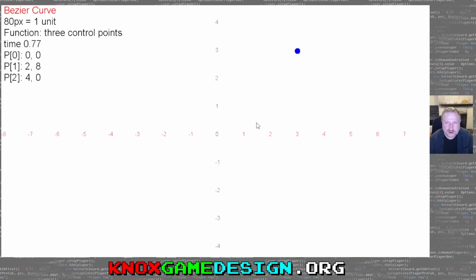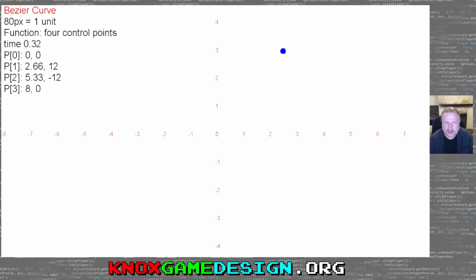curve. But yeah, again, this is moving at a constant rate in the x direction. So if you want to do something like a jump or something, use the physics. But if you just need a constant in the x, then you can do a Bezier curve. And here's the 4 control points right there. So it's kind of the same thing, going from 0 up to around 4, so 3, something like that, crossing